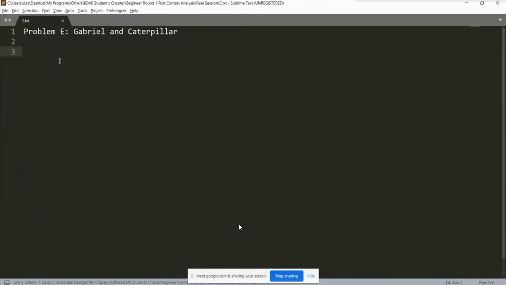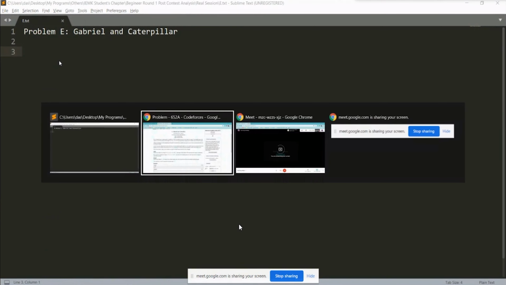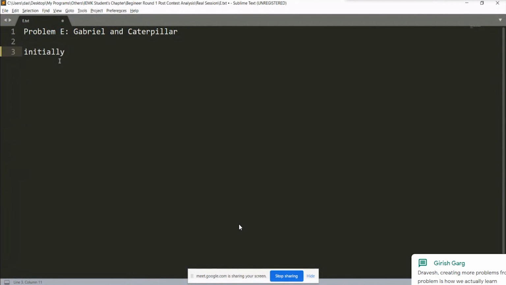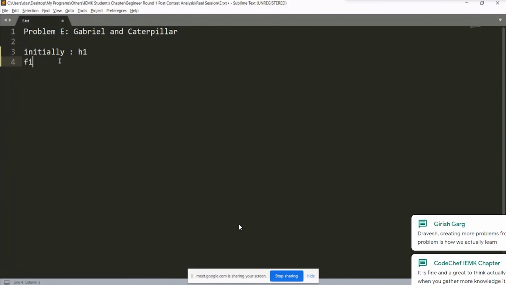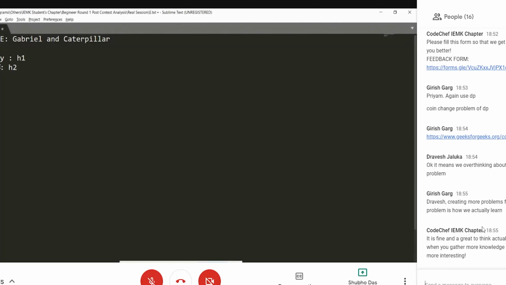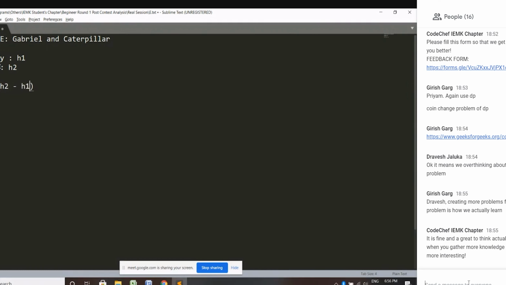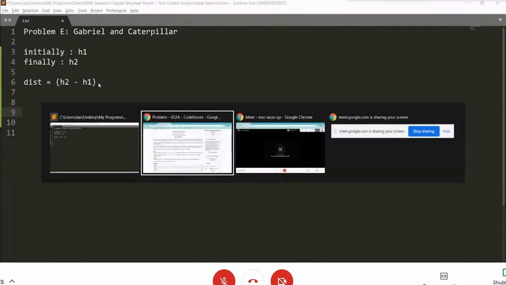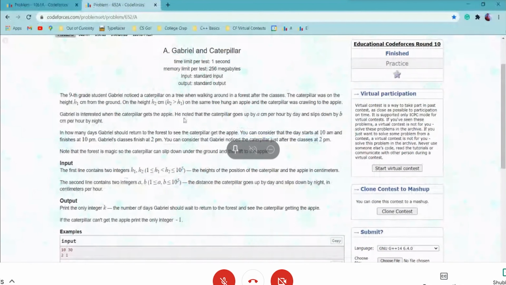So here we had this guy Gabriel who observes a caterpillar which is initially at a height h1, and it wants to finally reach a height h2. So the distance that it has to cover is h2 minus h1. It's on a tree and it's initially at h1. It wants to reach a height h2. So it has to cover the distance of h2 minus h1. And now the problem says that,